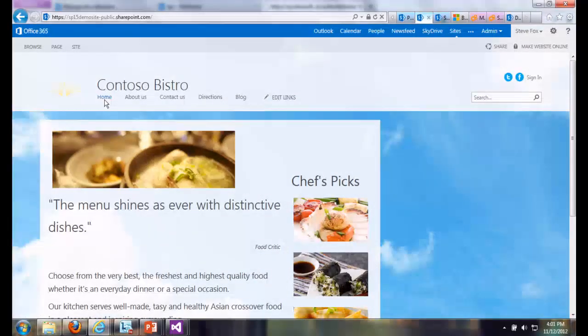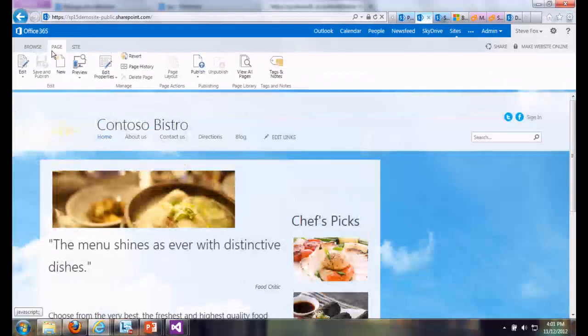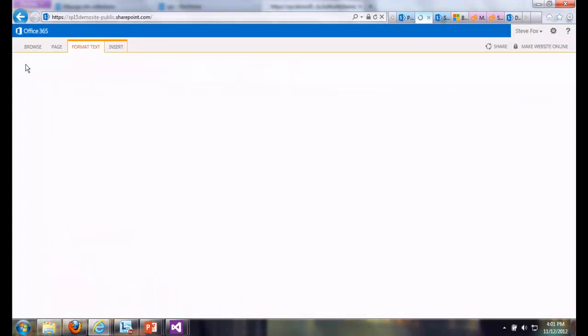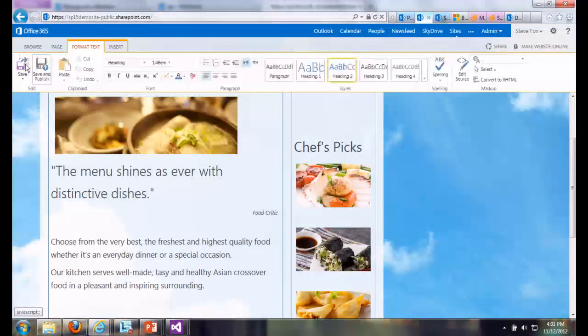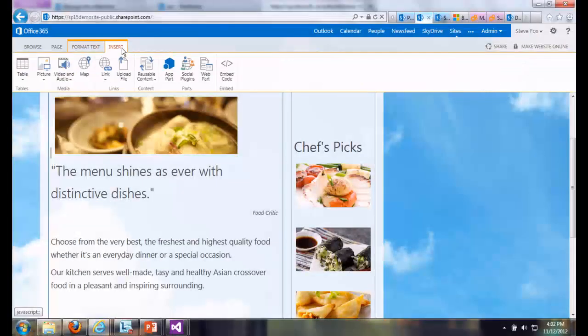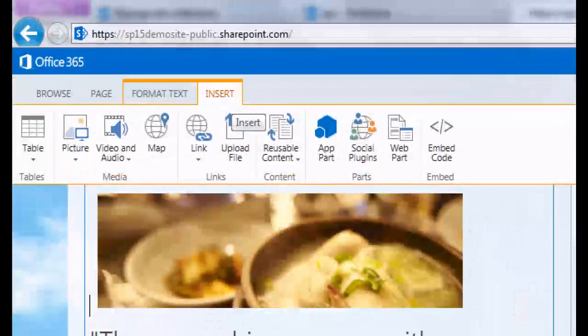Okay? First things first, page edit. That's the first thing. You will do that a lot as a SharePoint developer. Now I've basically opened up my SharePoint site to add some goo into it. Okay? Could be static content, could be images, could be videos, could be even inline script, whether it's JavaScript or HTML, as you'll see me do in a bit. Could be any number of things. You can see along the top here, I have this nice ribbon, which allows me to do all sorts of wonderful things to content, as well as this guy right here, which allows me to insert, like I said, pictures and other types of dynamic content.